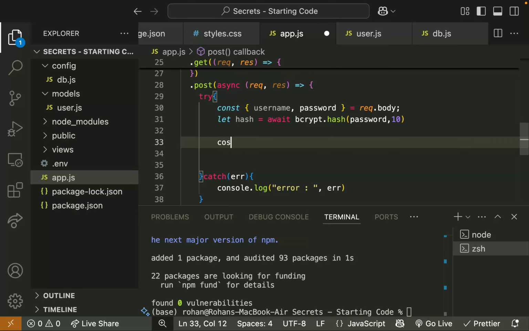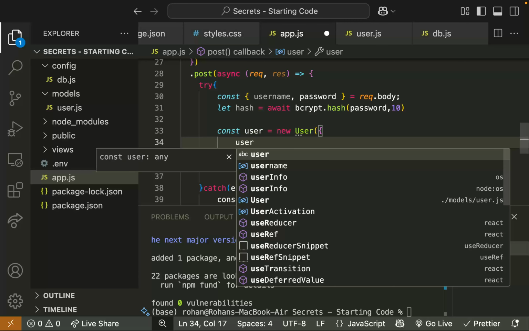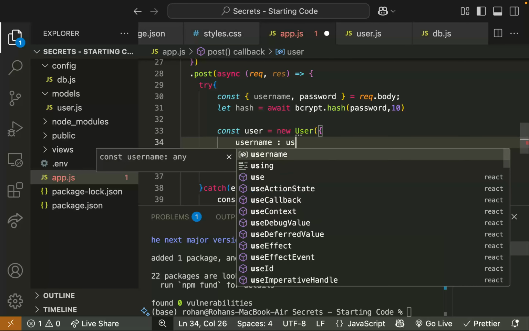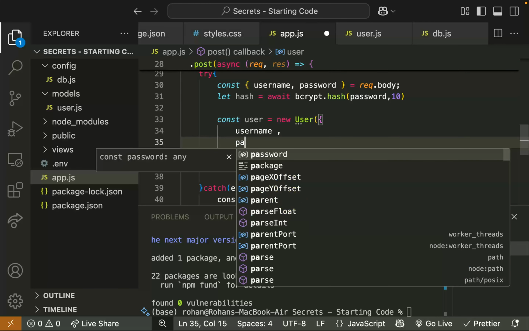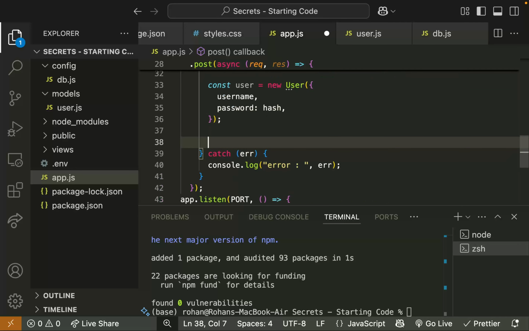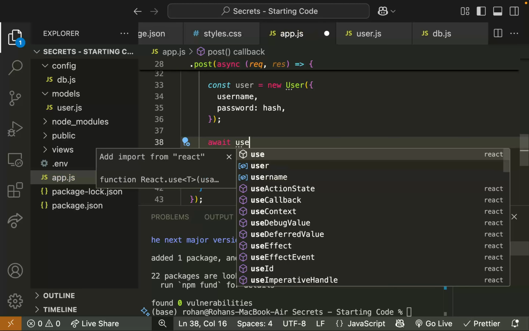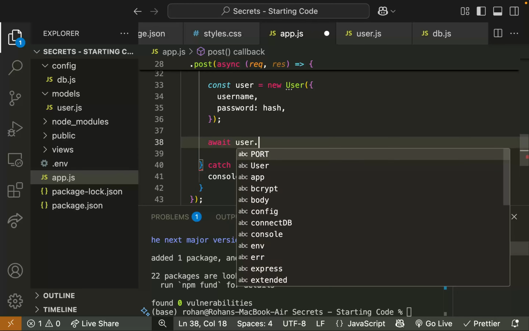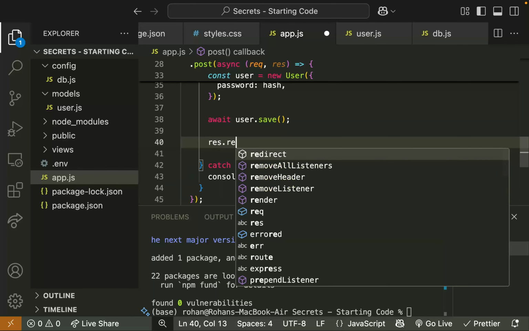Once you have the hash, you can actually create your user. So user is equal to new User, and we need to fill in the values into the schema. So first field is username, and the value for username will be the same username, right? So you can write it like this, or you can just keep it like this only. Then the value for the password will not be the password, it will be the hash. Once you have created the user, use await user.save to save the user, and then again res.render the